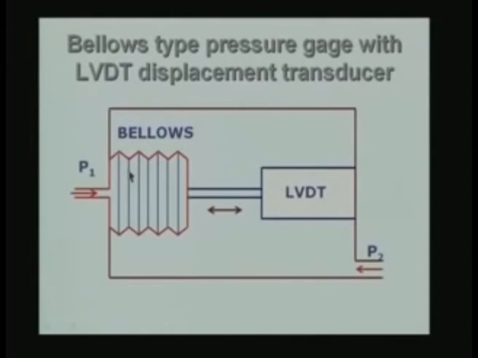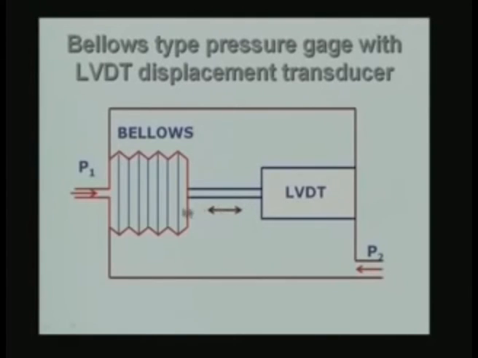Here what I have done is I have shown the bellows element here. The pressure P1 is applied to the inside of the bellows, and the pressure P2 is applied to the outside of the bellows, and the shaft of the LVDT is connected to the bellows like this, and you can see what is going to happen. If P1 is more than P2, the bellows will expand in this direction, it will move in this direction, and therefore, this rod will be pushed to the right side, and therefore, LVDT will give you one type of